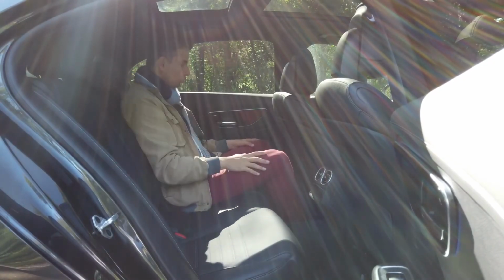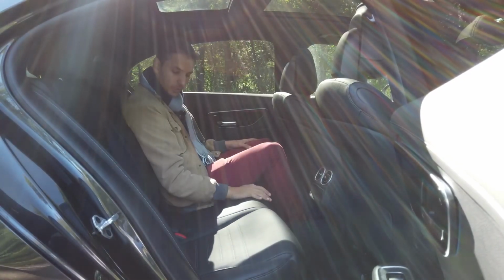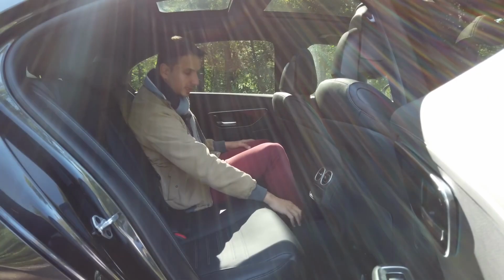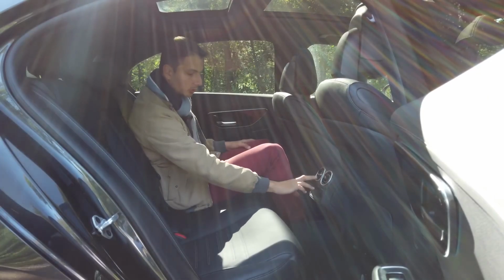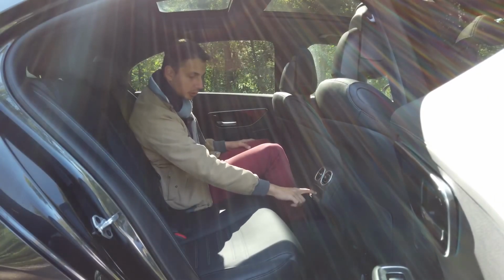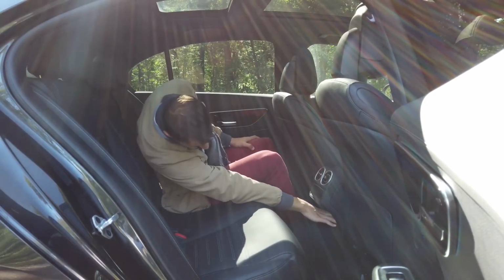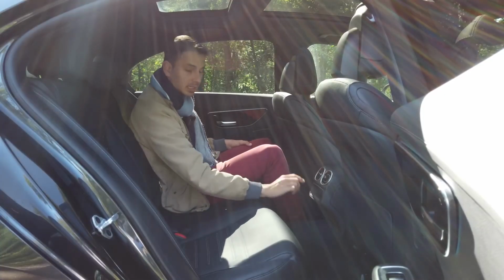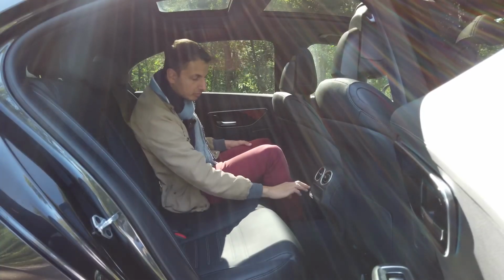And in the end, I'm comfortable in this seat, the middle seat. The central tunnel is huge. Look, it comes up to here on me, so it's pretty high. We have 2 air vents on the central tunnel with a small storage compartment for coins and a second little compartment here. But since they're not very deep, depending on how the person drives, things might move around a little